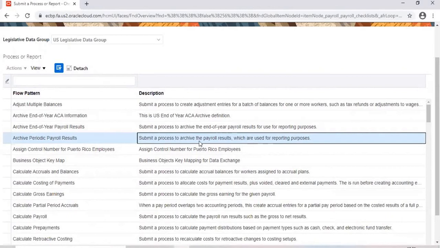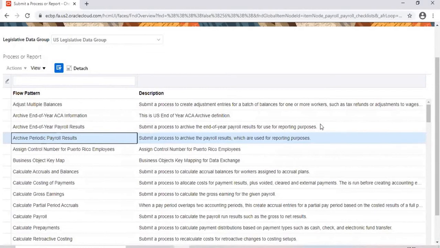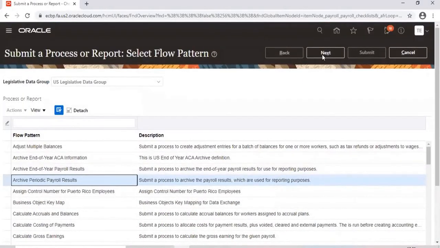But this process will archive. You have to archive any payroll run results for reporting purposes if you want to generate any reports. And a payslip is also kind of a report, but an individual employee report. So in order to generate the payslip, it is mandatory to run this process, archive periodic payroll results.